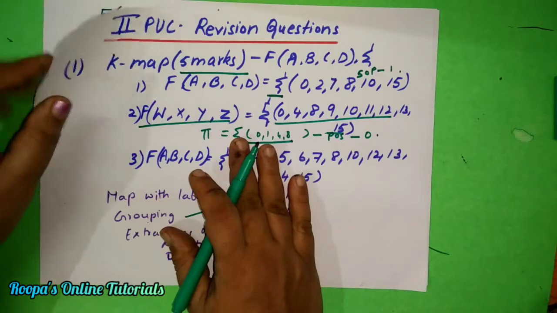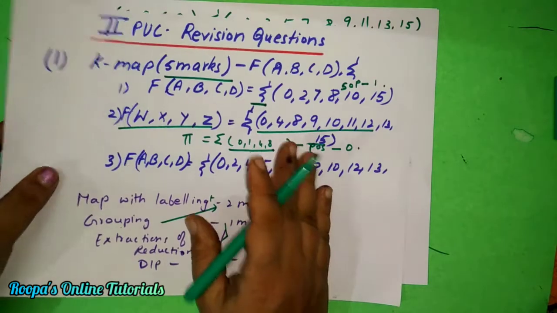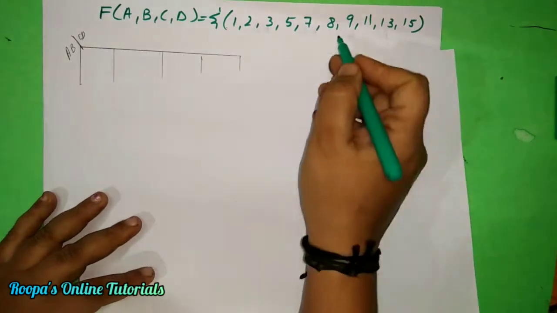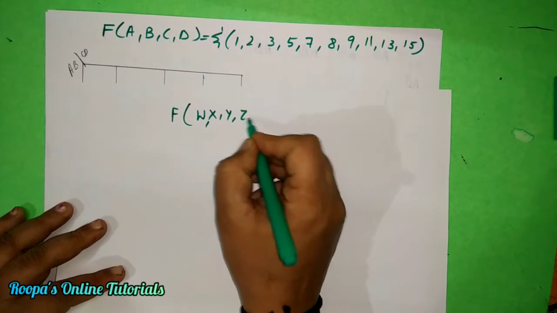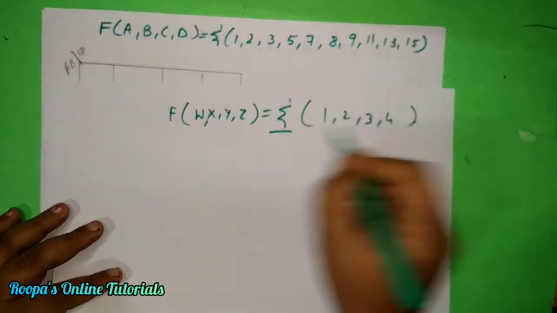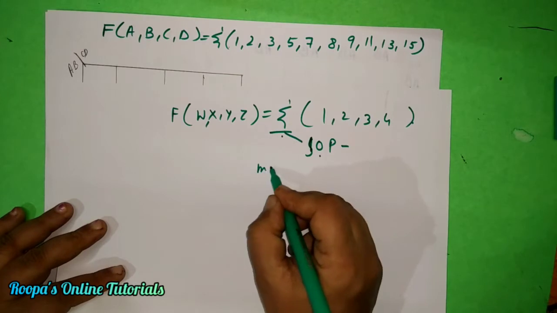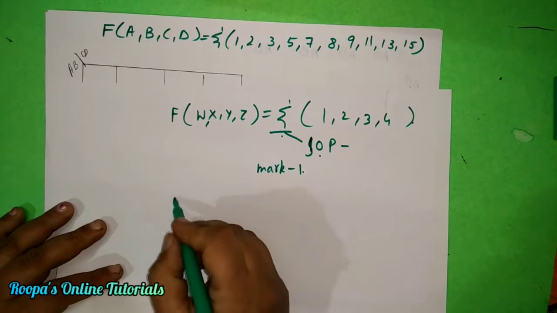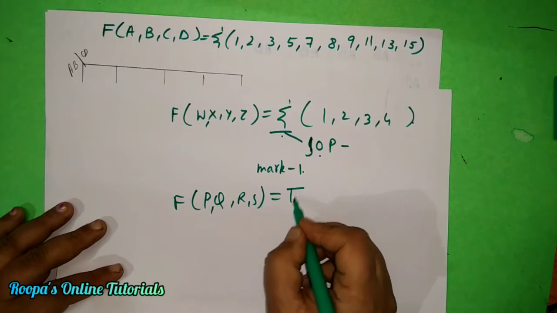Whatever it is, we will quickly look at one problem as a refresher. One more thing you need to remember in K-map: if your problem is f of, say, w, x, y, z, whatever is given, and a sigma is used, you remember, sigma means sum of products, so you should mark it as 1. Generally this is what is asked, but sometimes just to confuse you, they may ask you the product of sums. Then pi will be given.